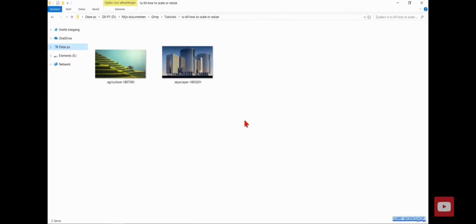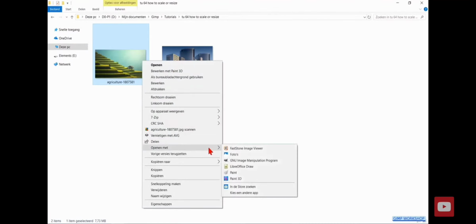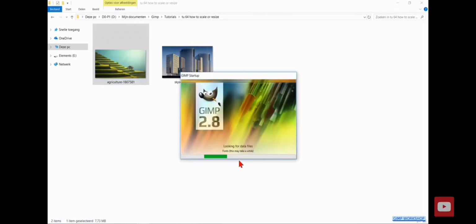Firstly, there is an image in the computer. I will go to the computer, right click that image and select open with GNU Image Manipulation Program. So we are going to scale an image.